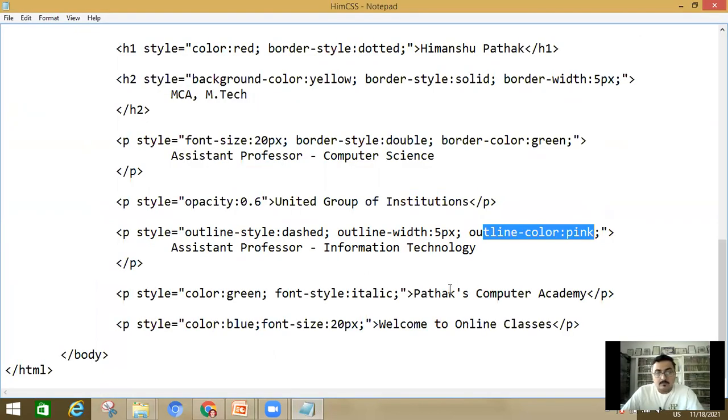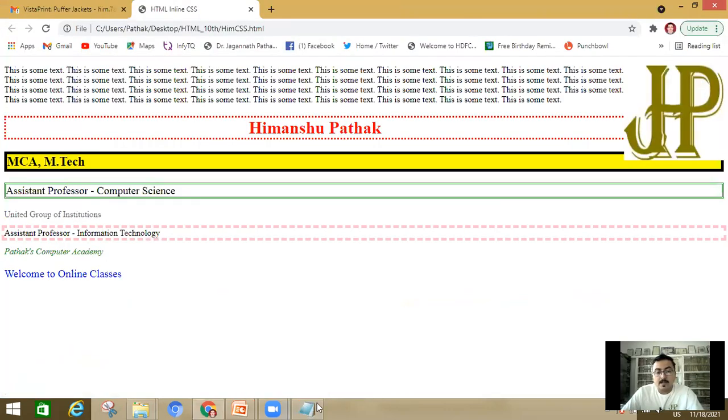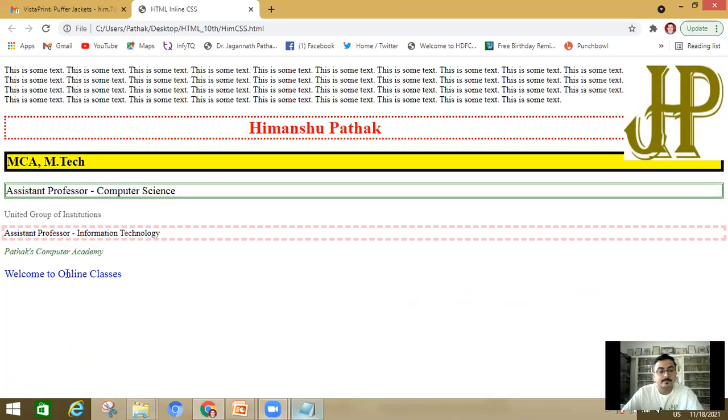Now, Pathak's Computer Academy will be shown in italic form and in color green. Here you can see that. And at last, color is equal to blue, font size is equal to 20px. This is now done, everything from the slide.